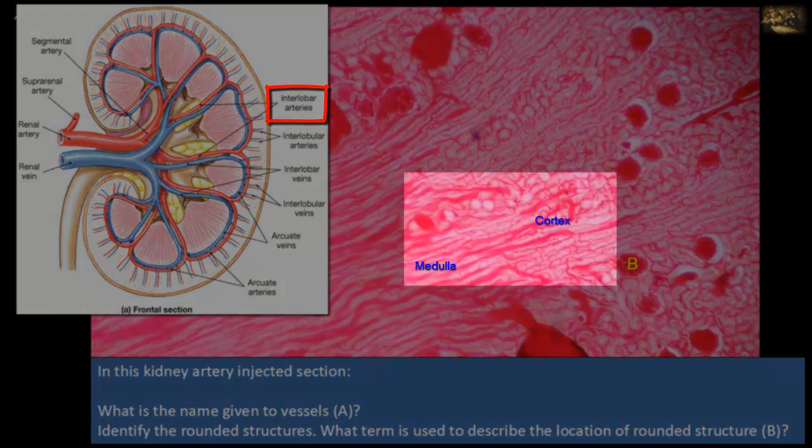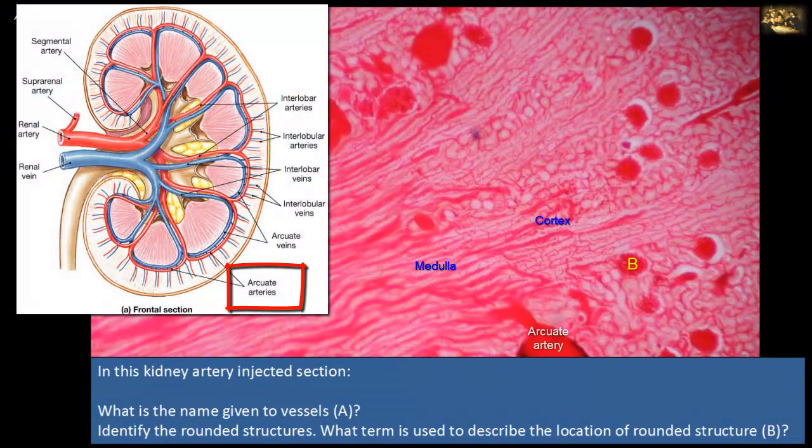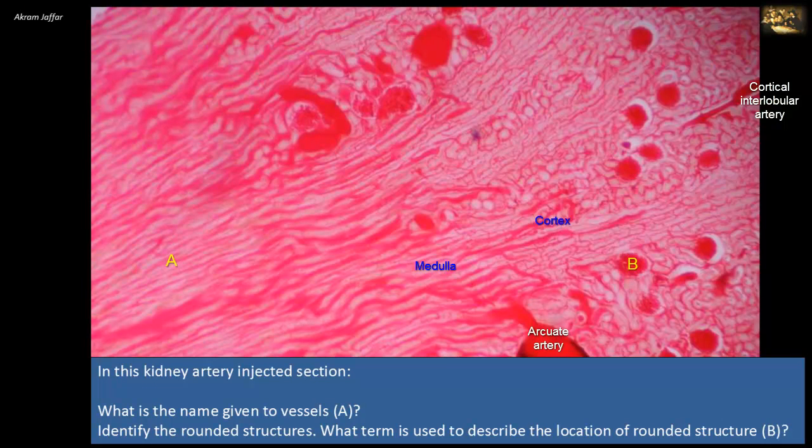Here's the site of the corticomedullary junction where the interlobar arteries branch to form arcuate arteries like this one, which runs in an arc-like course parallel to the capsule of the kidney at the corticomedullary junction. The arcuate arteries give rise to numerous cortical interlobular arteries like this one, which radiate towards the capsule and then branch to form the afferent arterioles of the glomeruli. We can see multiple such arterioles, afferent and efferent arterioles of the glomerulus, as we go closer to the